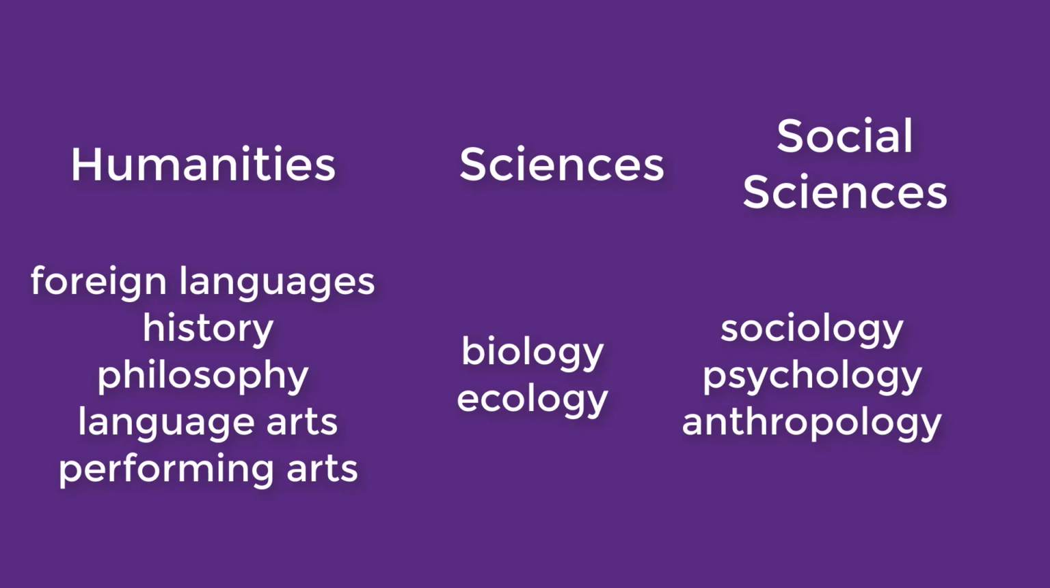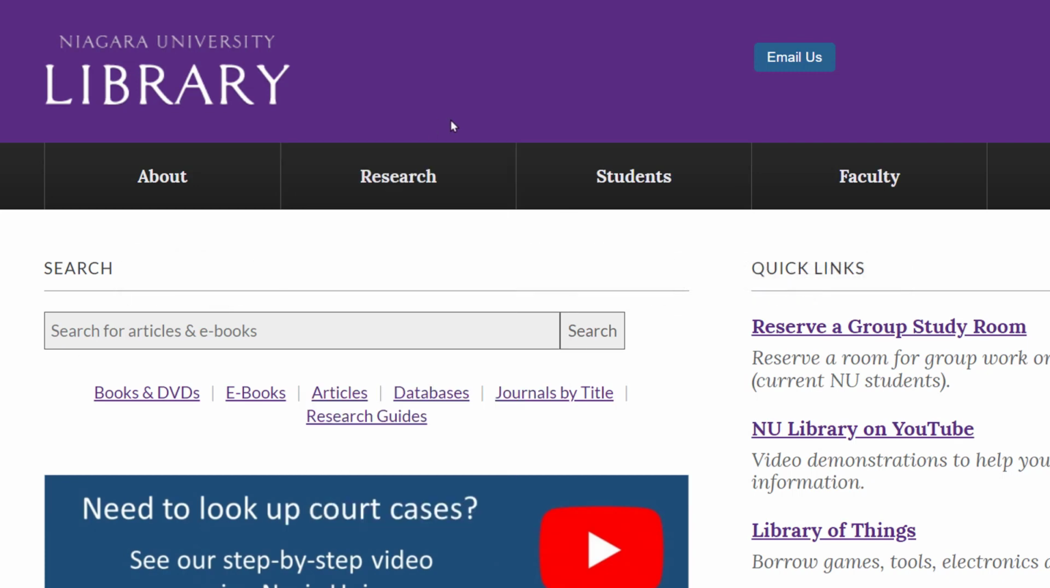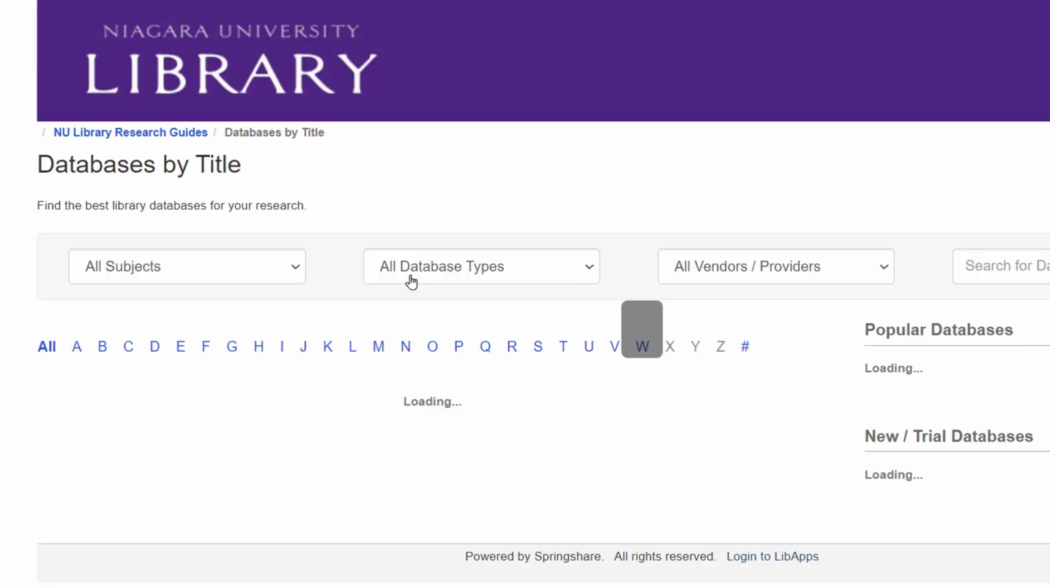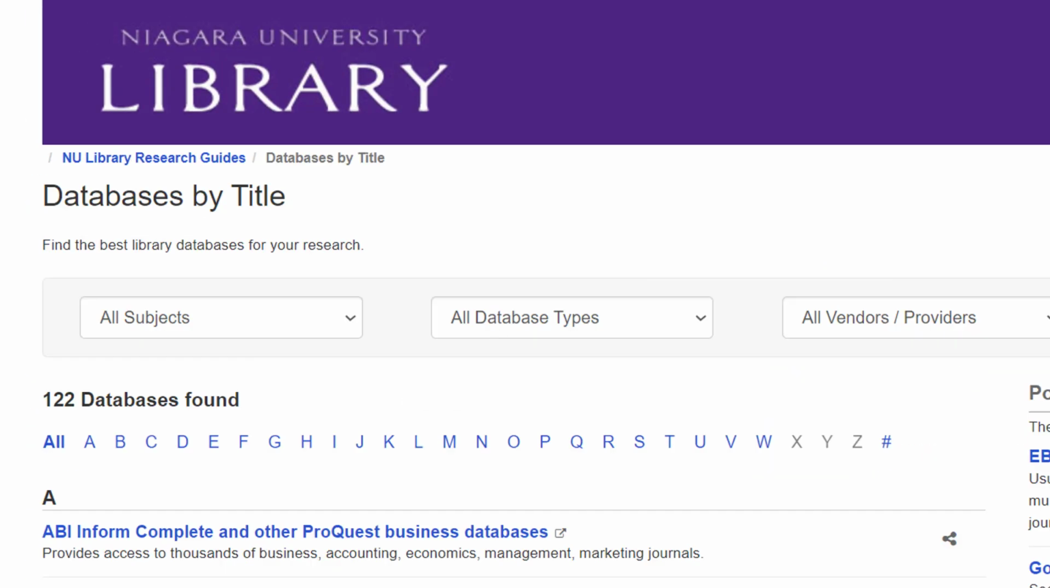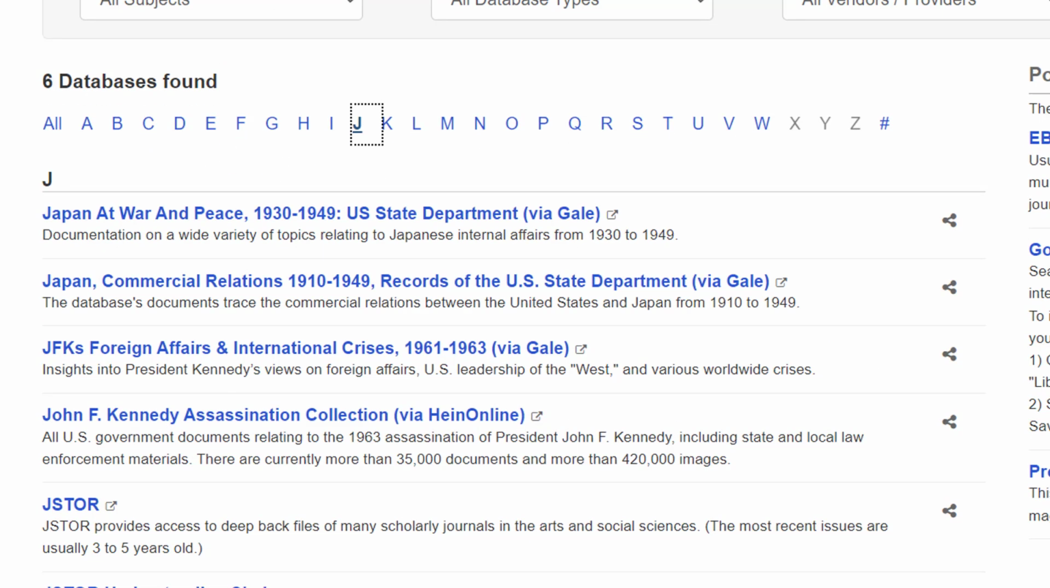To get there, we'll start at the library homepage, library.niagara.edu. From there, we'll hover over the word Research and then click on Databases by Title. This brings up a list of all of the databases that we have. I'll click on the letter J, which jumps us down to the databases beginning with that letter, and then click